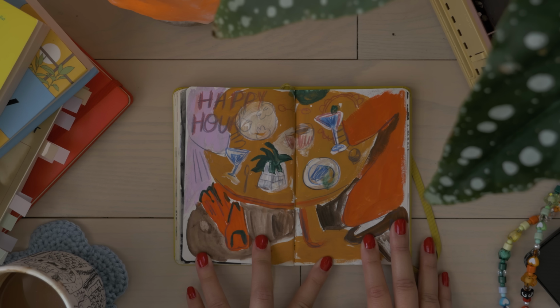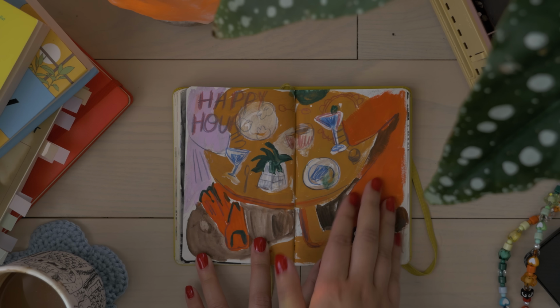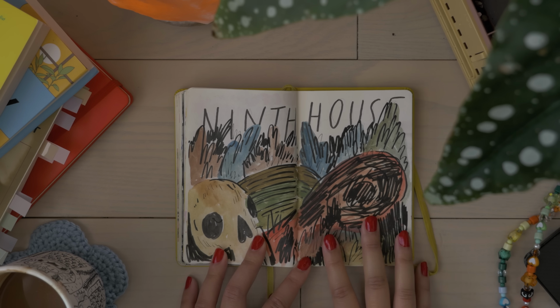A lot of inspiration from the cover of this book, so this was really fun to make. The last 3-star read I have is Ninth House, which is a fantasy about Yale's elite magical societies. I am really into dark academia, and there are some that I really love, so this one didn't wow me